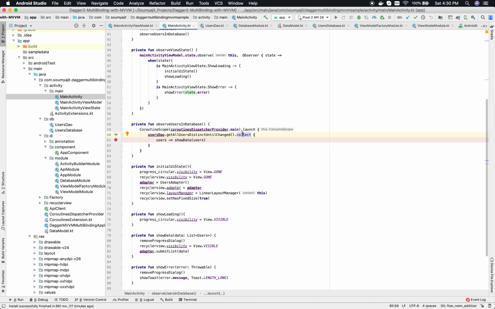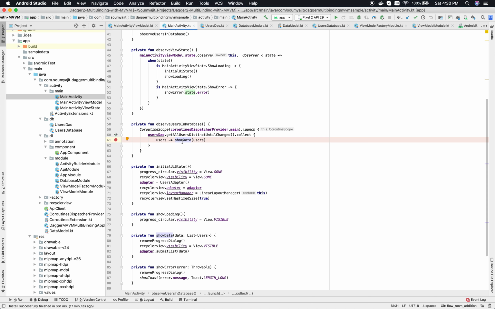We are calling collect on get all users distinct until changed, which gives us a flow of users present in the user database, and we are calling the show data method with the users that we get from the database,